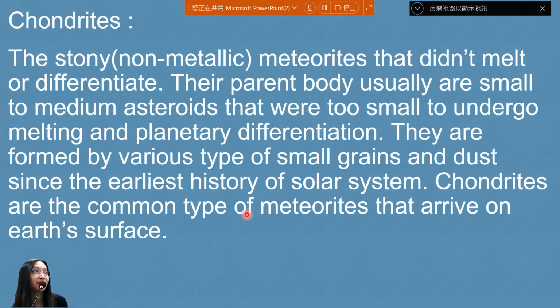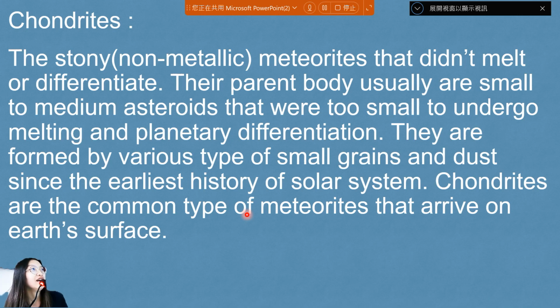Hello, everyone. I want to explain what a chondrite is. Chondrite is a stony meteorite. Stony means that it's non-metallic. They are stony meteorites that didn't melt or differentiate in their parent body. Their parent bodies are usually small to medium asteroids, and they were too small to undergo melting and planetary